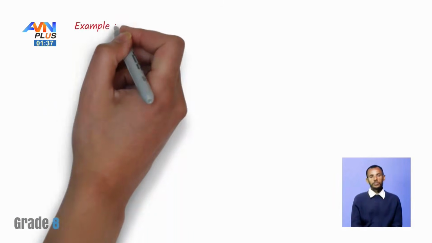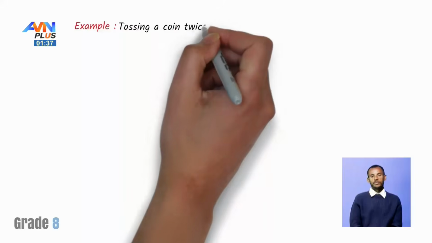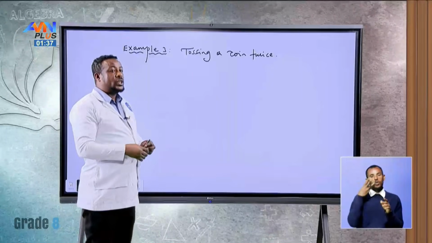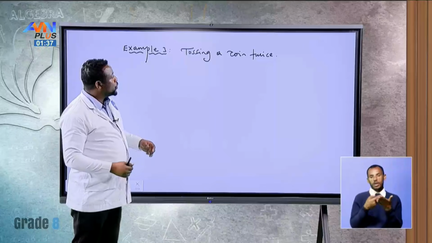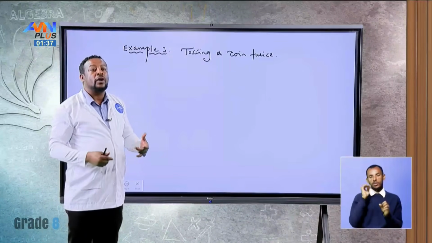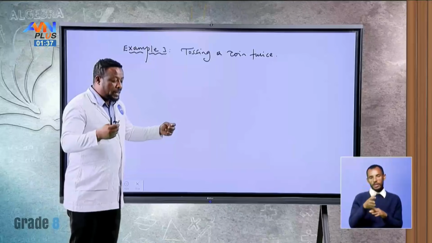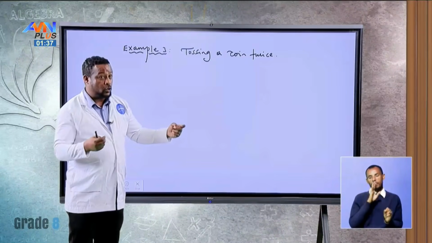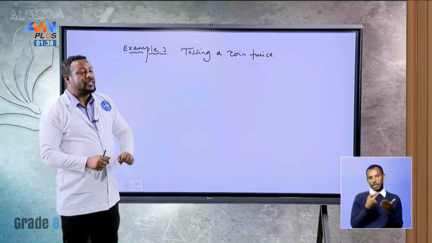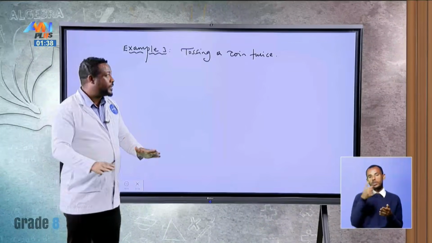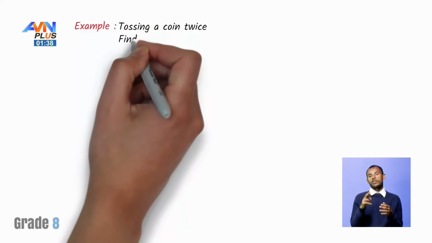The third example is about tossing a coin. The previous was about tossing a coin once. Now here we are going to do an activity tossing a coin twice. It can be one after the other, or it can be tossed by two people, whatever the case. But here there is tossing a coin twice. In this case, find the probability